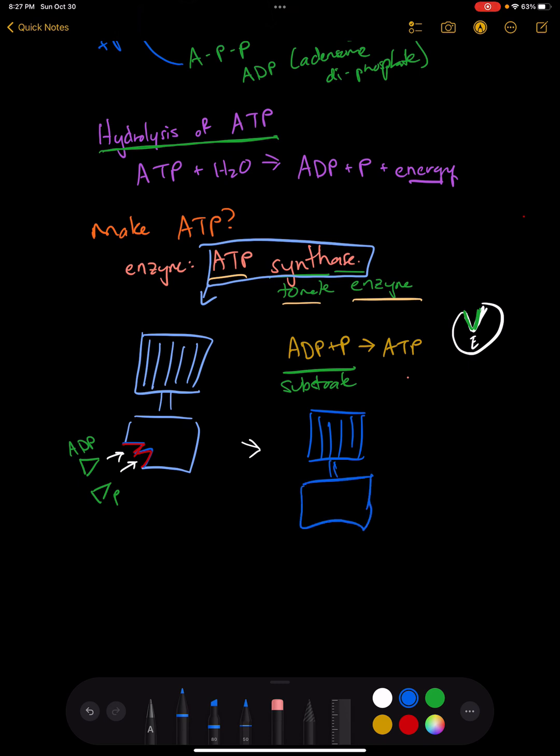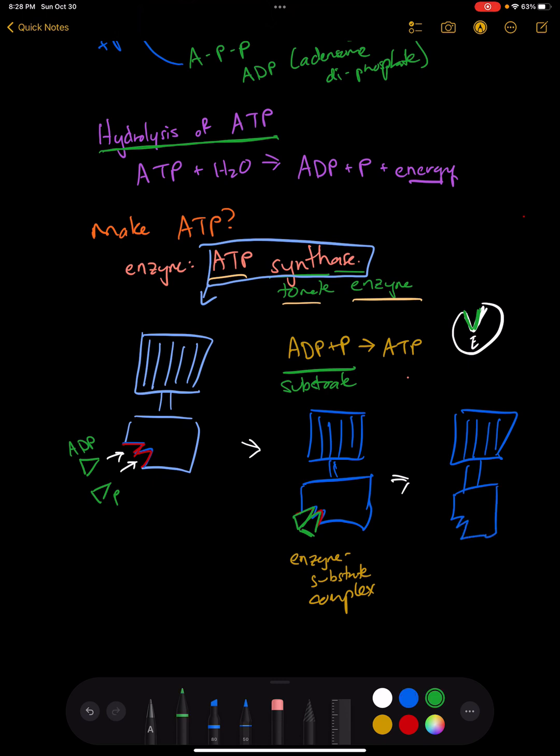inside my active sites. So there's my active sites, and so now the ADP and the P are going to go sit in there. Remember, this is called my enzyme substrate complex. And so now that I've had my enzyme substrate complex, here's my ATP synthase. There's my active sites. And so then now that the reaction is complete, I get my ATP. And that's just how that